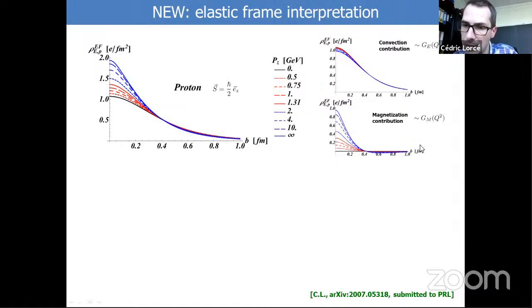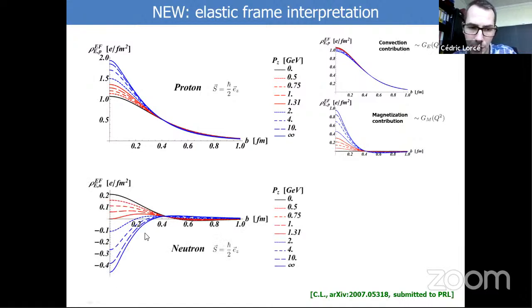And so when you increase PZ, the magnetization contribution becomes very, very large, because the magnetic moment of the proton is a large number. And when you sum this with this, you get a large increase here. And this similar analysis explains why the center of the neutron in the infinite momentum frame appears to be negative. For the neutron, we start again with the Breit frame over here. We increase the momentum, and then we get a negative value for the center you see here, then a positive ring here, and then eventually it becomes negative here.